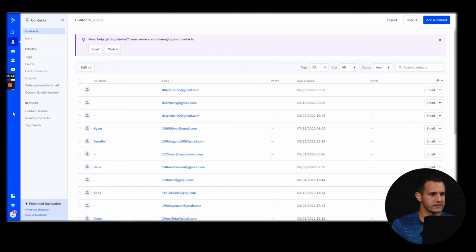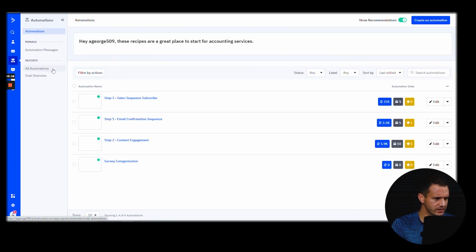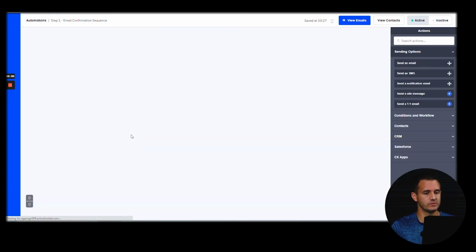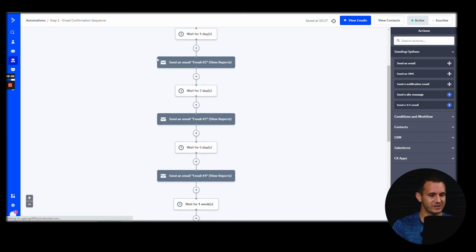Wherever list cleanup has been moved to, which I'm not sure where it's at right now, it used to be in the contacts area. But ultimately, list cleanup allows me to unsubscribe people manually, the ones that are not actually engaging.